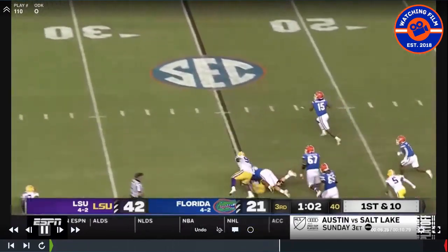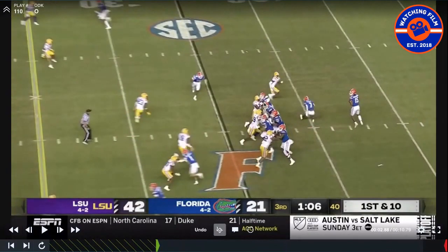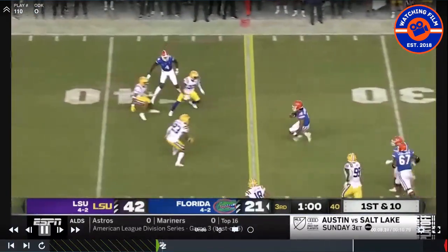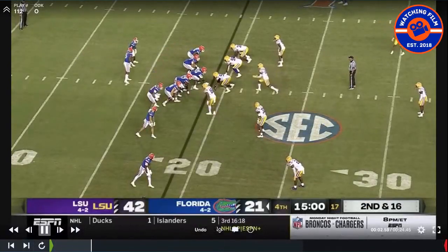Again, great job here. I thought this was a bad holding call. To me, this is just a finish. Great job in the pocket by Richardson. Watch here. All right, I think that's just a finish that gets called a hold. Good job by him getting out of the pocket. Fortunately, get a holding call. But this is